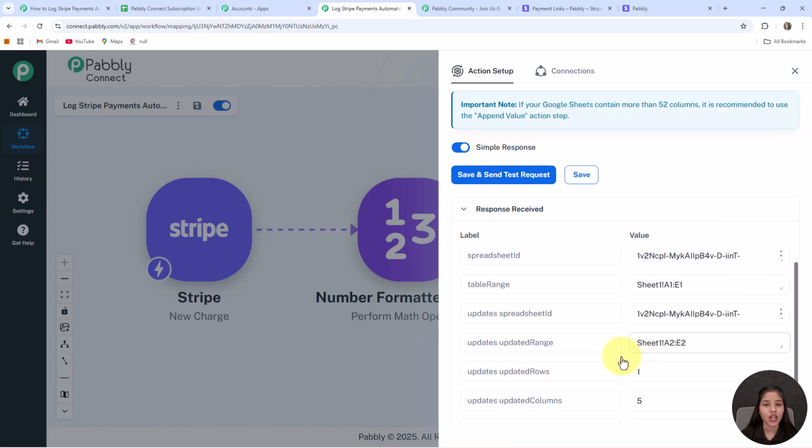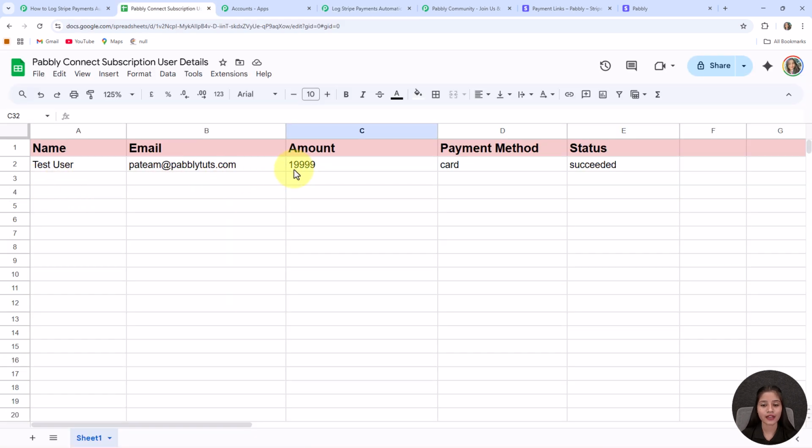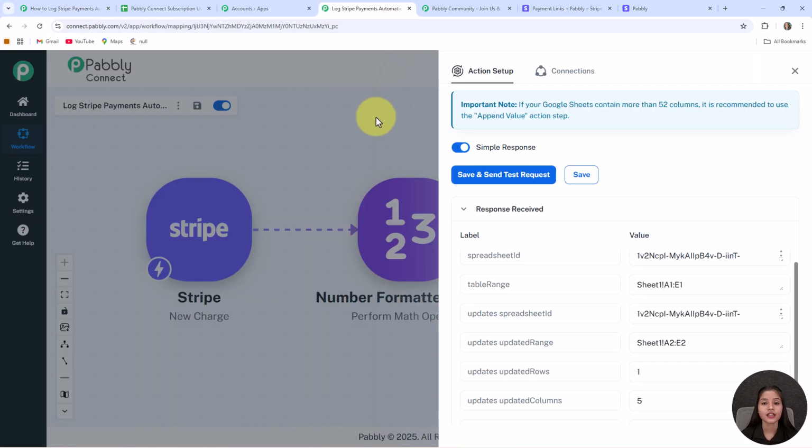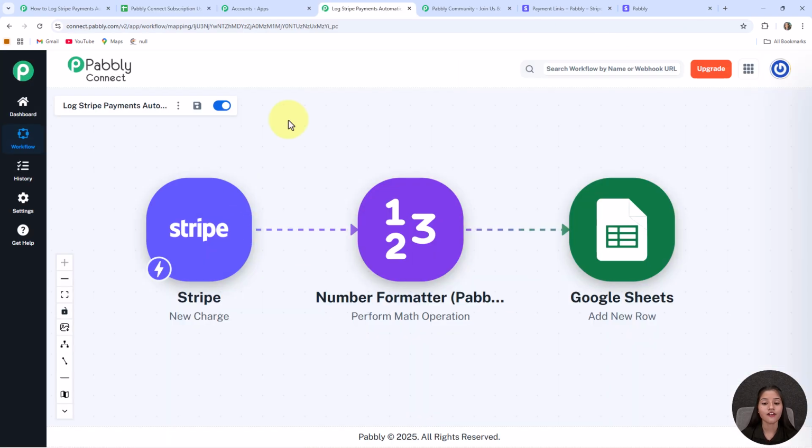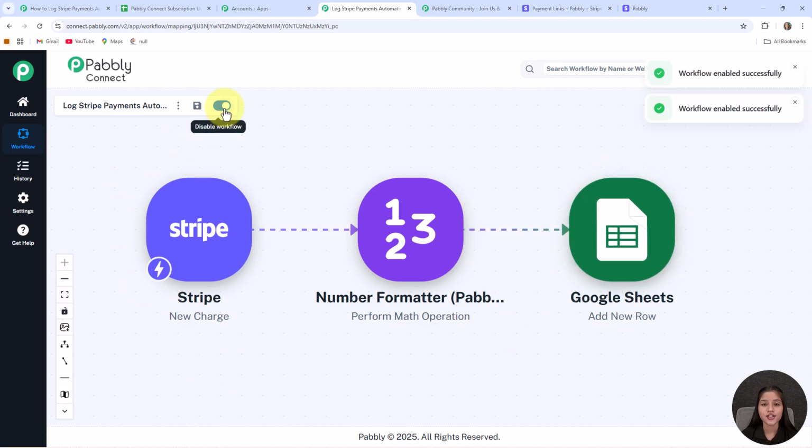Here you can see we have got the positive response. Now we will check our sheet. See, a new row is added into our Google Sheet. That means our automation is working perfectly. Now our workflow is completed. After the completion of your workflow, you have to make sure to enable this toggle